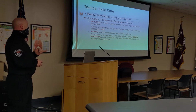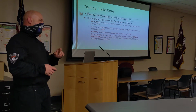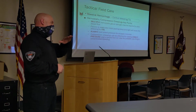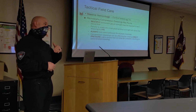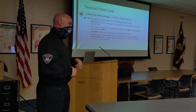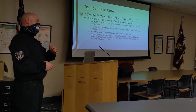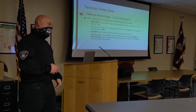The key points with this: multiple hemostatic dressings may be required to stem bleeding. This does not mean you put them in, wait 3 minutes, pull them out, put new ones in. Do not do that. Multiple hemostatic dressings may mean you put 3 dressings inside of somebody. There are going to be holes, especially when we get up to high energy weapons and you're dealing with rifle rounds. They create big freaking holes. Handgun rounds,